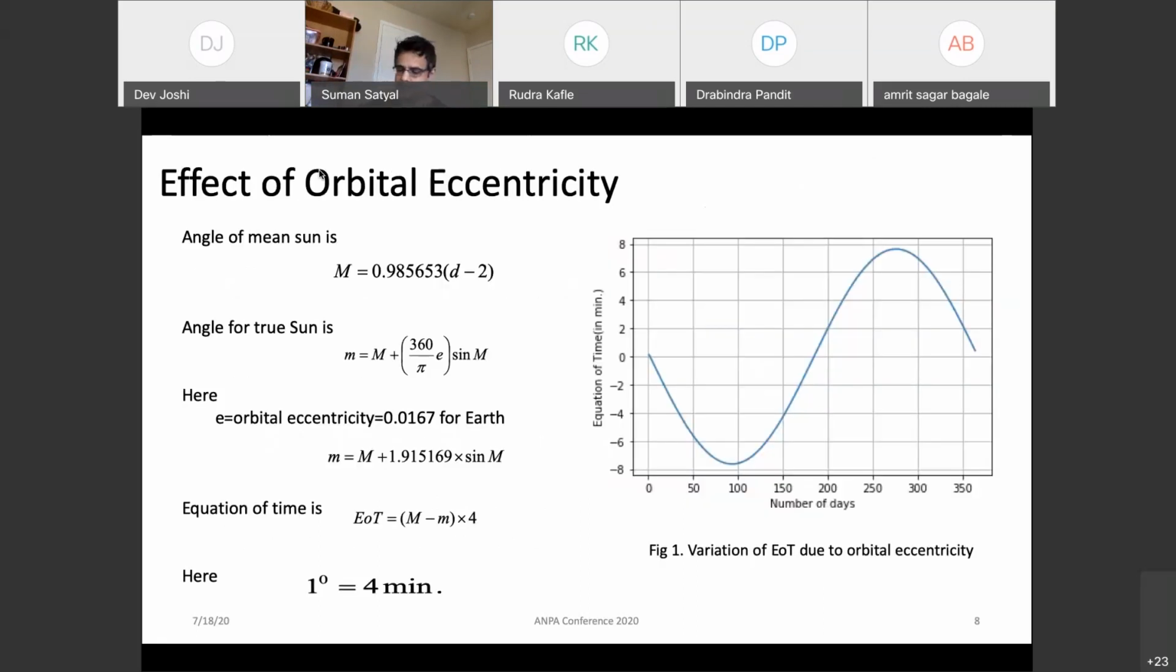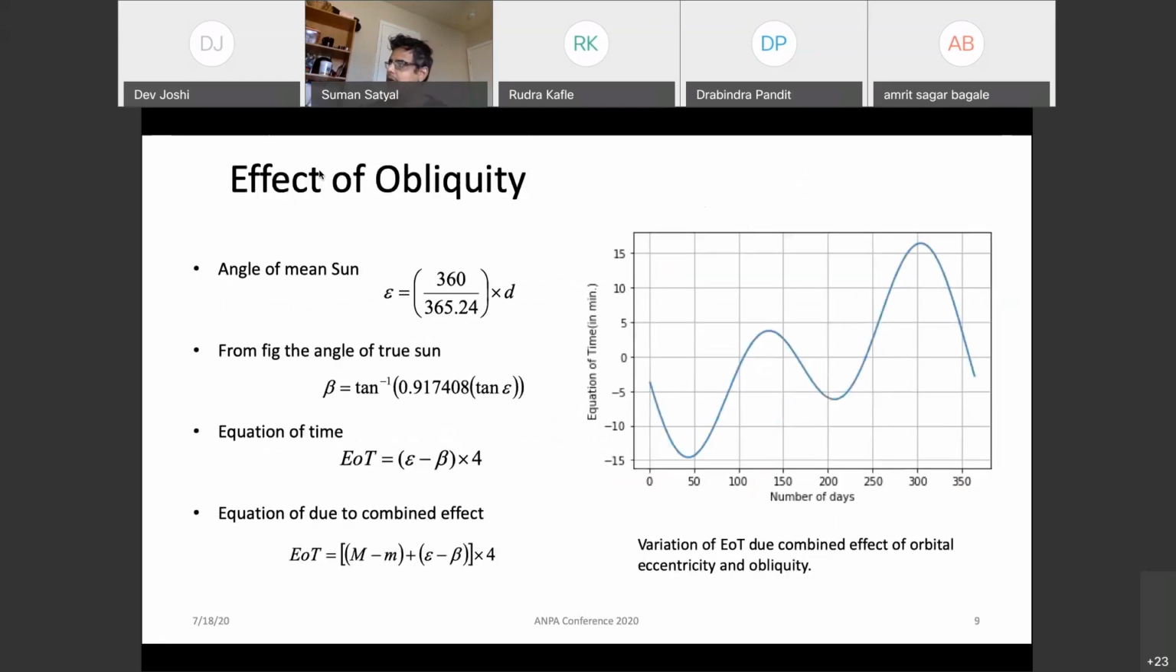The effect of the orbital eccentricity. Under this effect, we consider the Earth as a perfect circular orbit, but with obliquity, and due to this effect there are also differences between apparent solar time and mean solar time. We can calculate the combined effect by combining these two effects, and then the combined effect can be seen